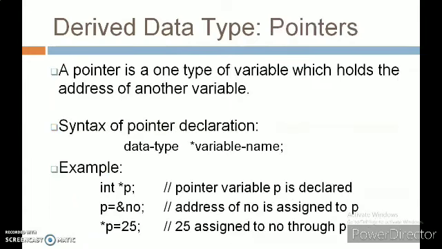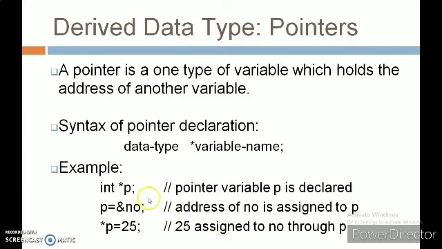The next derived data type is a pointer. A pointer is one type of variable which holds the address of another variable. The syntax to declare a pointer variable is the same as in C program: data type, star, variable name. Here star is a symbol known as asterisk.